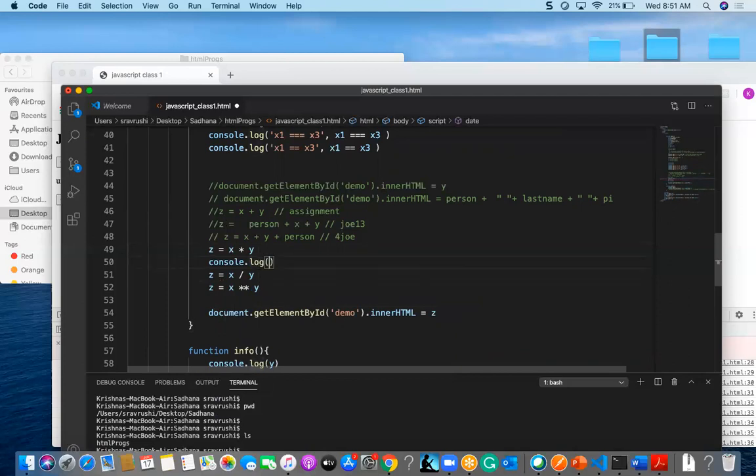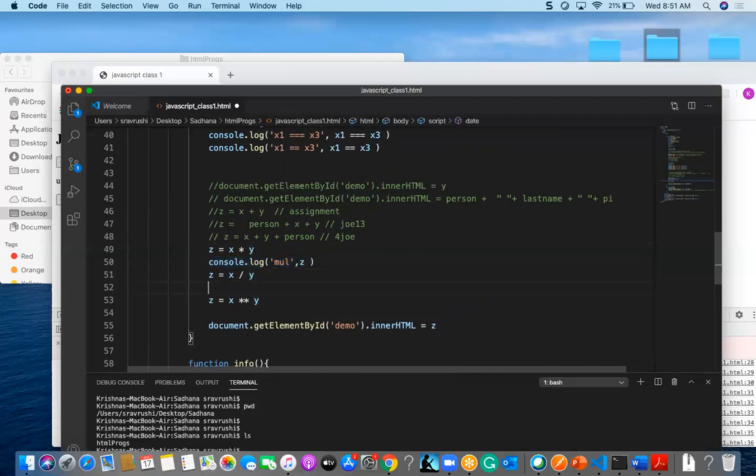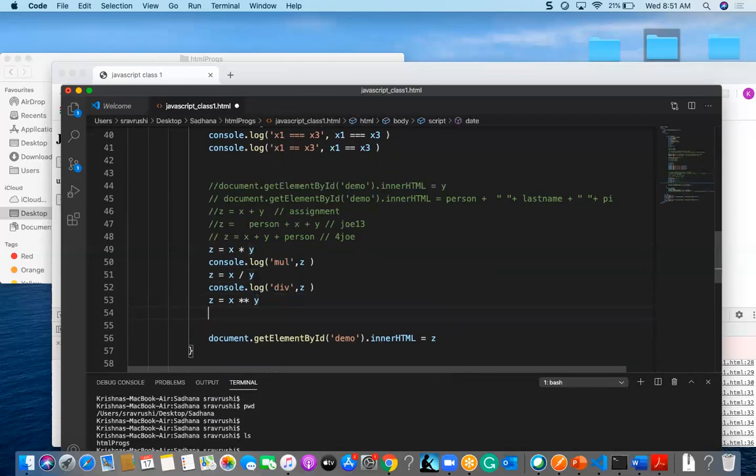Sorry, this is multiplication, and it is z, and one more thing here is the division, and one more is the power exponential.